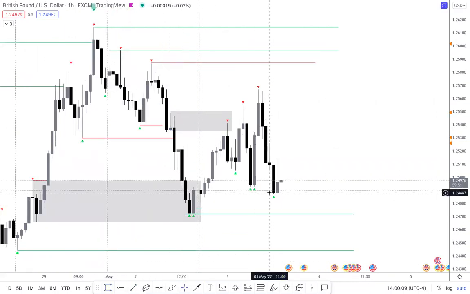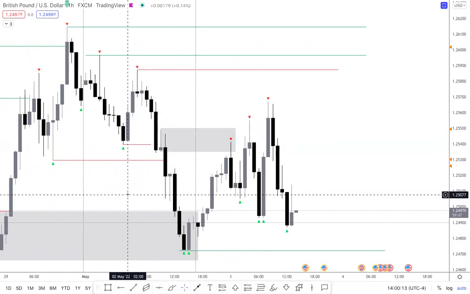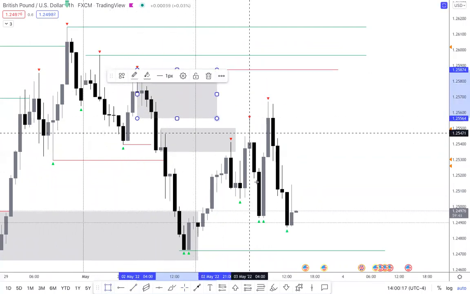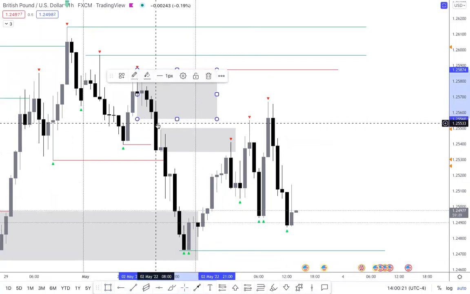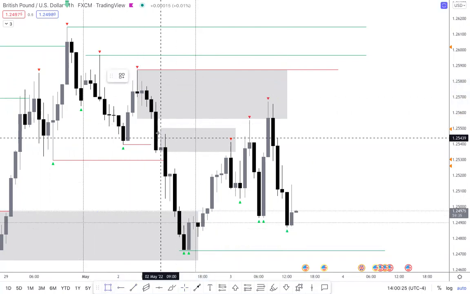Now, we also see that this low was taken out, right? Was there an OB and imbalance that we hit? Yeah. Here's this OB, right? As you can see, it left that slight imbalance in here. We're going to get there in a second, right? So we also need to draw in